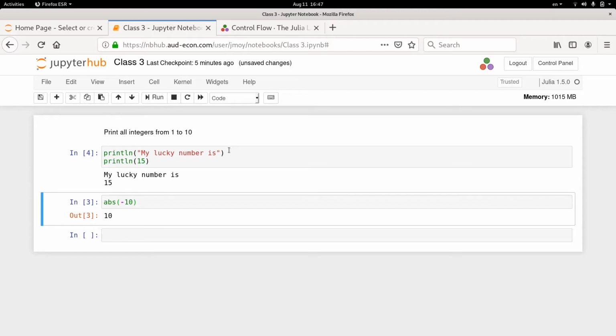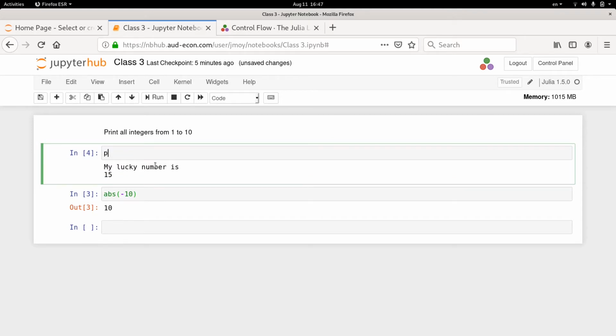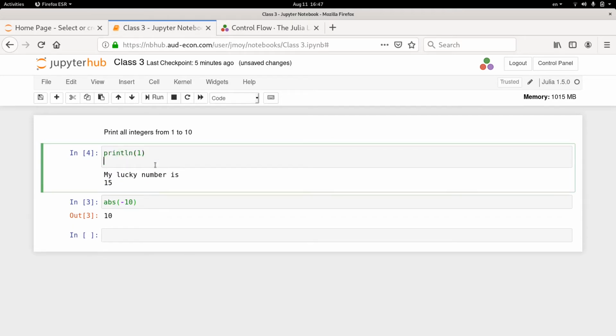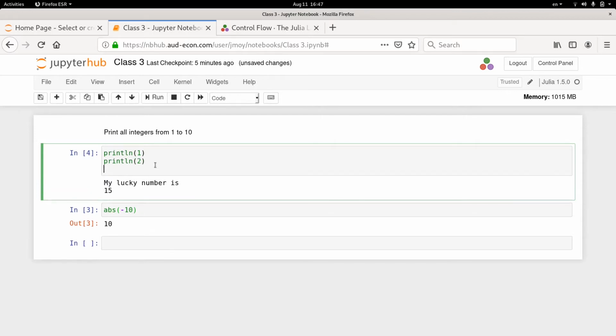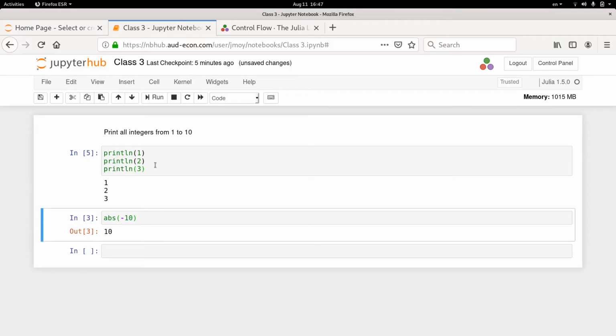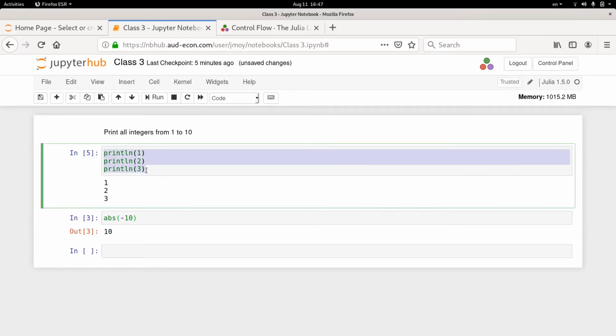Right? Fine. So now if your job is to print numbers from 1 to 10, you could start off like this. println(1), println(2), println(3). But this is going to be tedious. That's not what you bought a computer for. So you need something to make it automatic. And what does that is known as a loop. A loop is something where the same set of commands is going to get executed again and again. So let me write the whole thing and then I will explain.